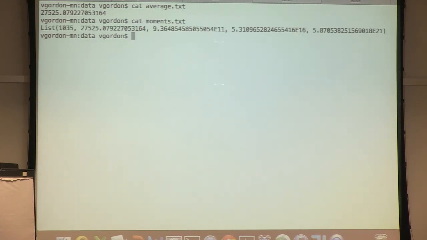OK, so now we have the elements, and we can see, yeah, the mean is still the same. It's not the entire Wikipedia, it's just 1,000 articles from Wikipedia. The variance is 9 and something, and this is the skewness and kurtosis. And actually now it becomes much more understandable how our data looks, something that was kind of hard to understand with just one number, which is the mean of the articles.